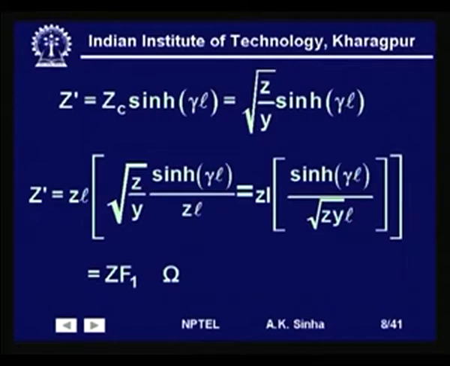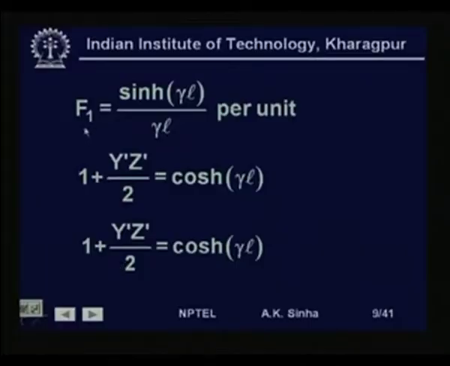So, this is sinh(γL) times Z, times L, into sinh(γL) divided by the square root of Z by y, into L. This is equal to Z into F1, where F1 is sinh(γL) divided by γL in per unit. And 1 plus y′z′ by 2, that is A, is equal to cosh(γL). Therefore, 1 plus y′z′ by 2